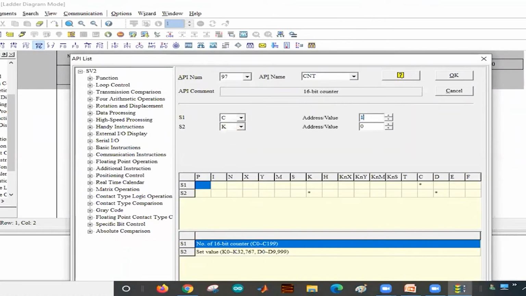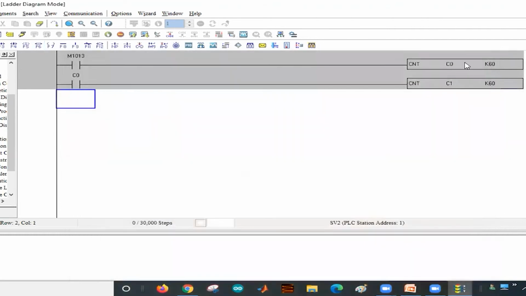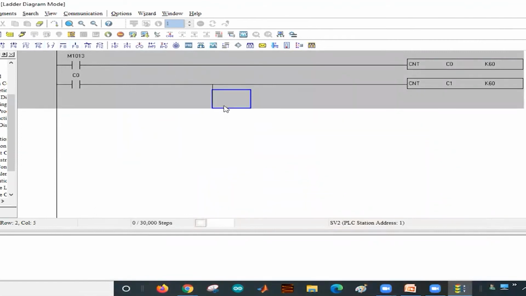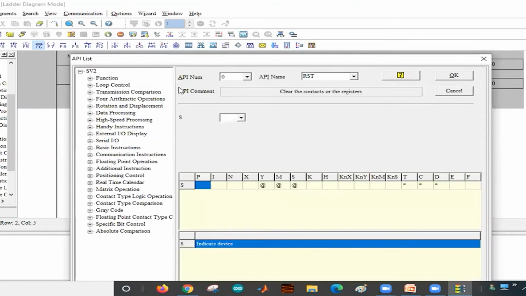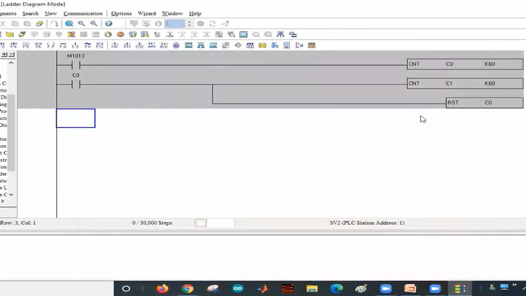Minutes counter is C1, and total how many minutes? 60 minutes. Along with that, it also has to reset C0. Reset the C0.